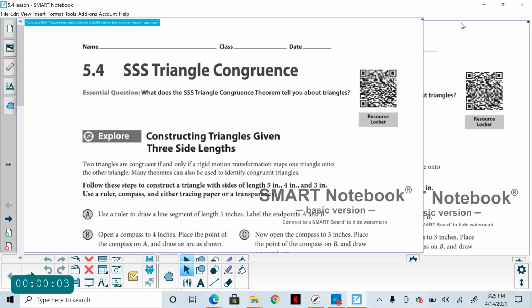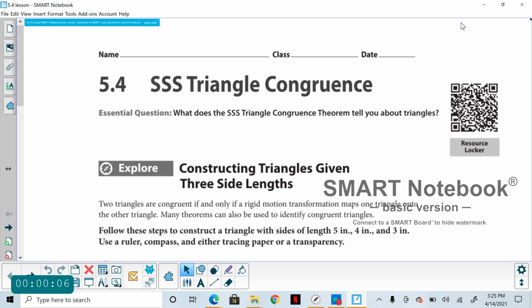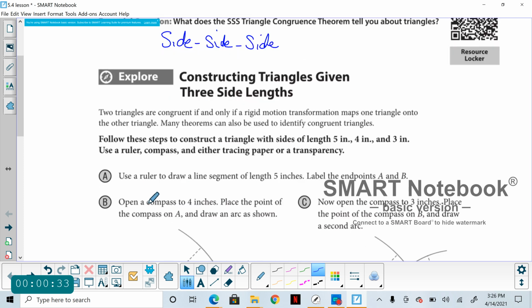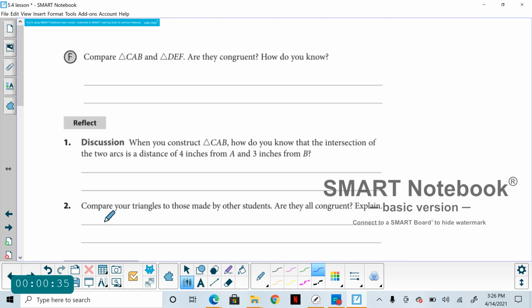Alright guys, we are moving on to 5.4 today. This is the SSS triangle congruence. This, if you can't guess, stands for side, side, side. I bet you couldn't guess that, could ya? Well, alright, so